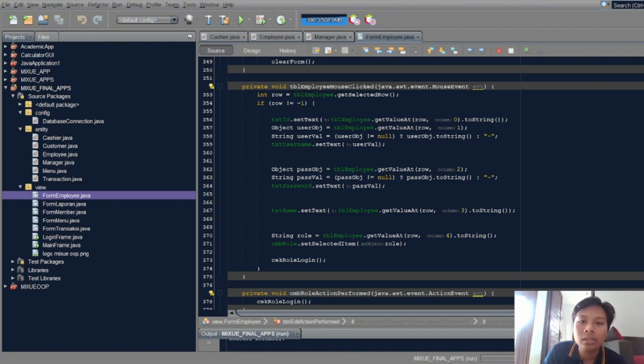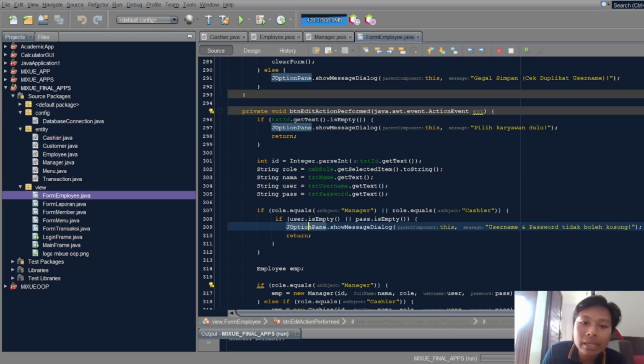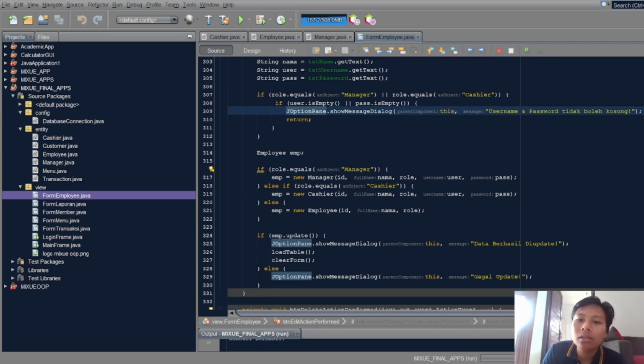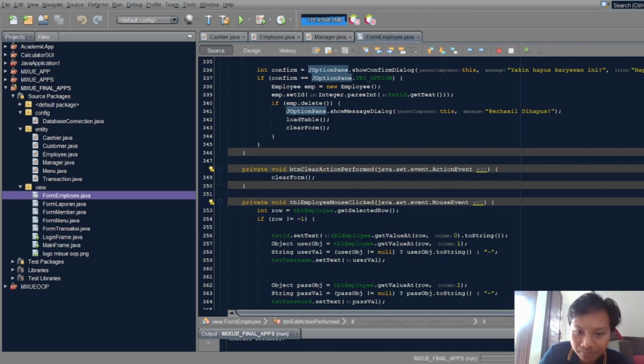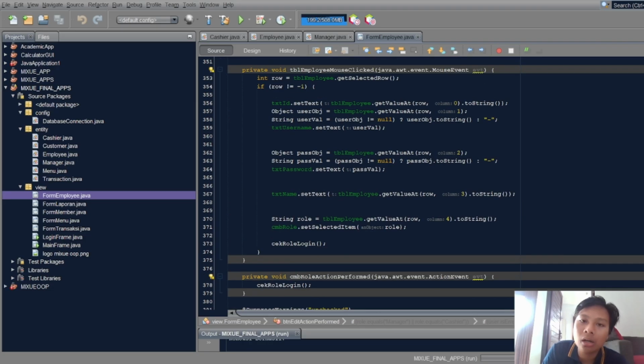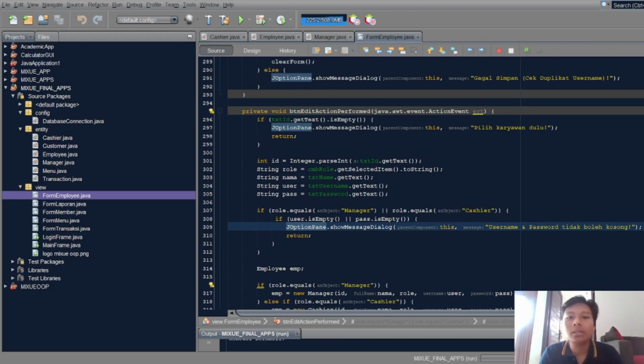So if we select the row in the table employee, the text field sets the table employee value from the row, column 0. This logic is very useful for all the behaviors like delete, edit, and clear, so we cannot do typing again. And then that's it for the code from the employee, manager, and employee cashier.